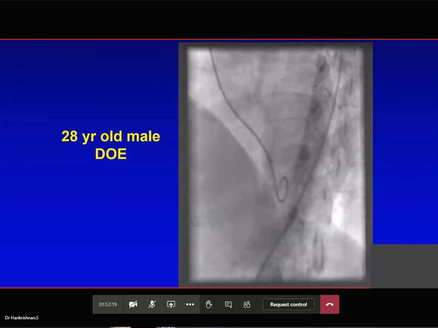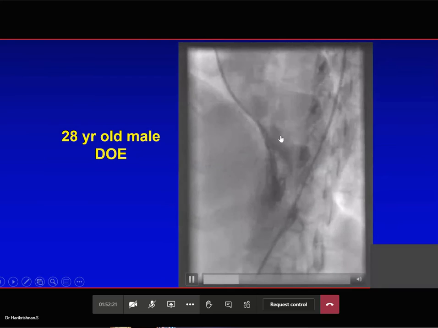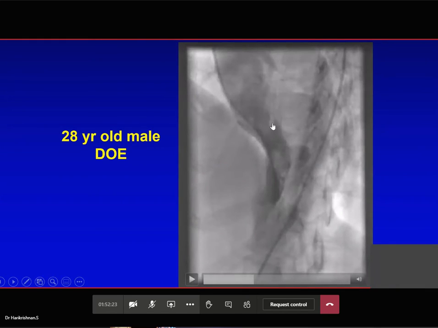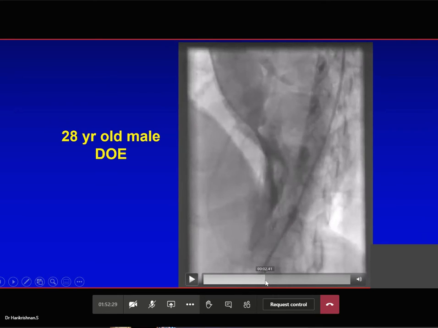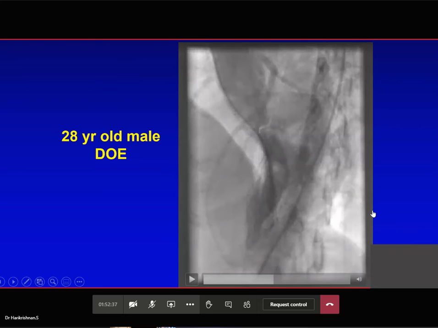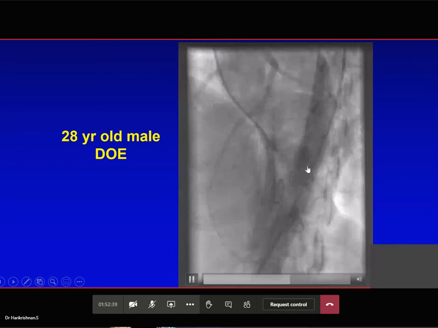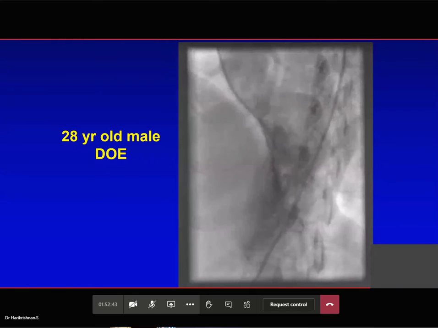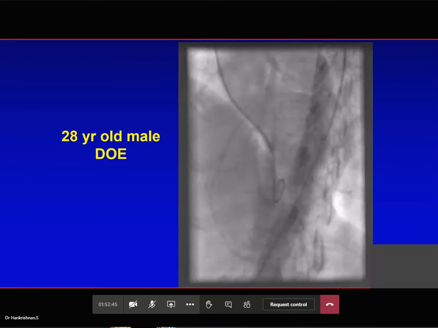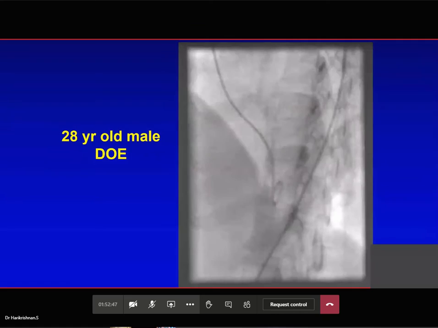Very clearly seen. I don't know whether it is visible to you, but see, this is the valve in diastole. See the valve. We can see, sir. So this is the valve coming and obstructing. Once you run it, you will see more clearly what is happening. So this is the systolic anterior motion of the mitral valve obstructing the LVOT.